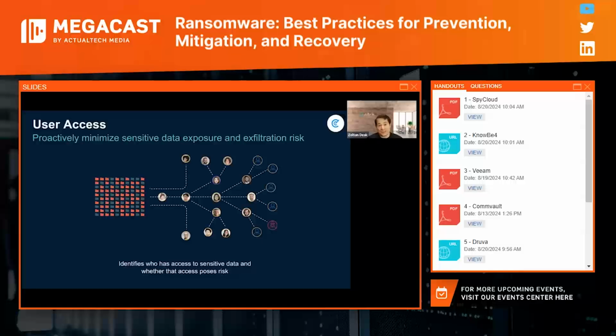What user access lets you know is who has access to sensitive data and a historical view of changes over time. If you think about it, every user who has access to sensitive data represents a risk. With the visibility I've described, you can proactively enact least privilege access to greatly reduce that risk. Again, this is intelligence and tooling you should have through your data protection vendor, like Rubrik, not another siloed, single